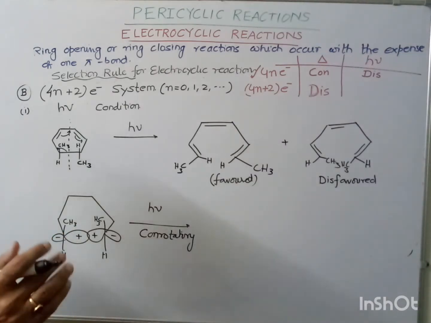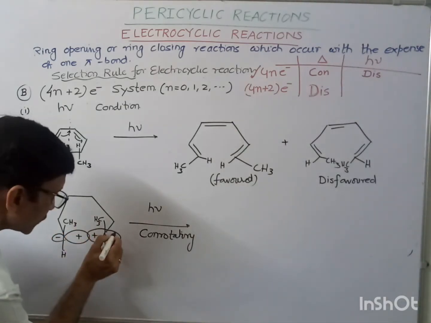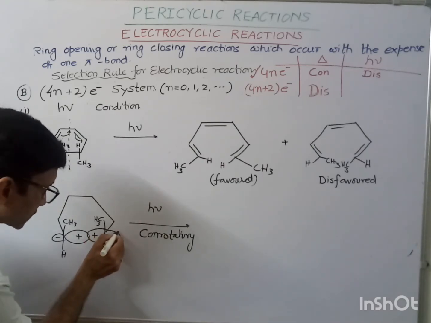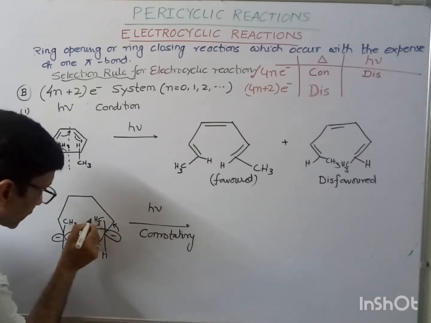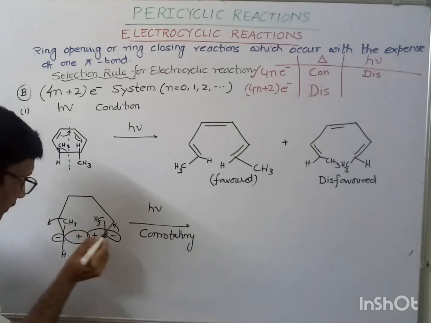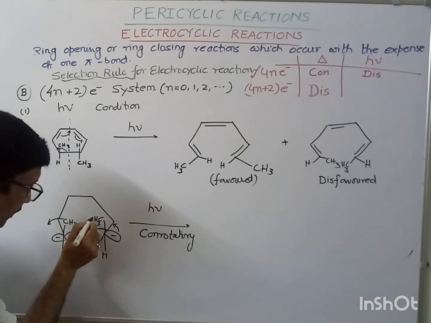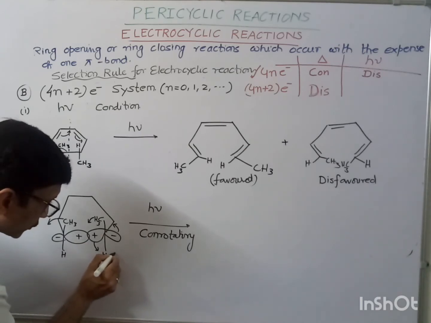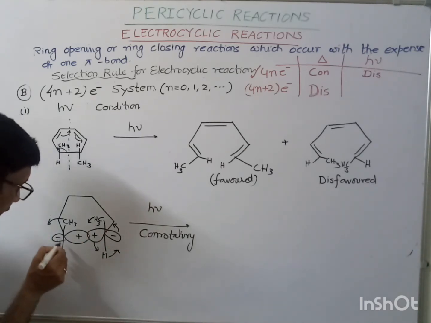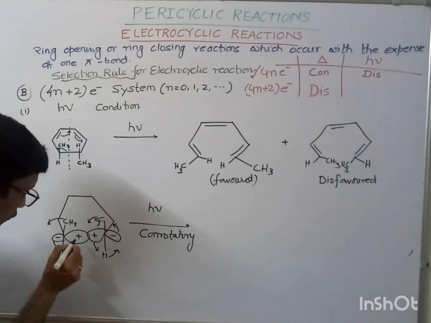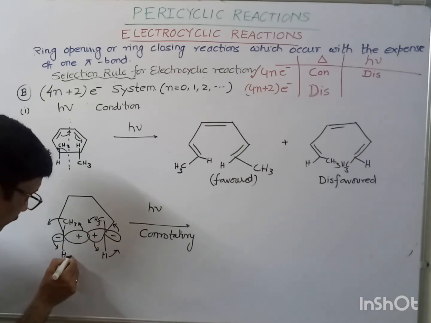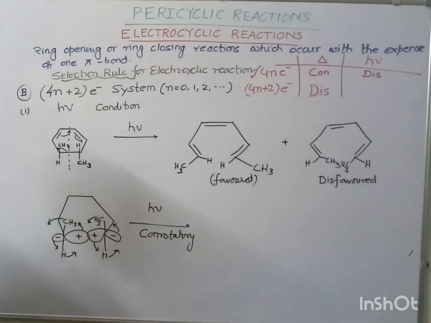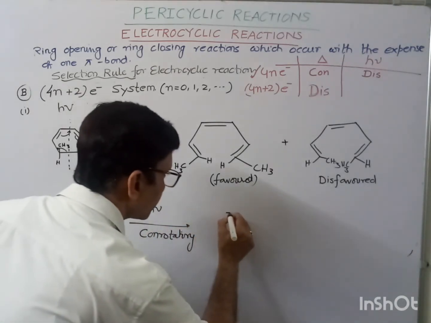Both orbitals will move in the same direction. So if this is moving like this, this will also move in the same direction. This methyl group will come in and this will go down, hydrogen will go outside, and here this methyl is going outside, this lobe will come down, this lobe will come up, and hydrogen will go in like this. So the product obtained: